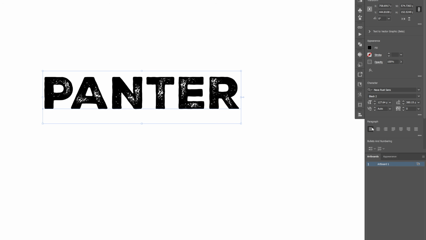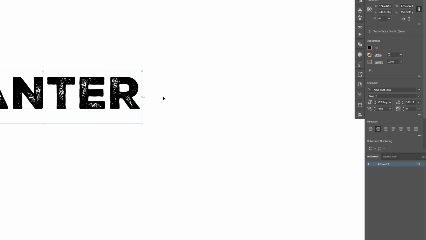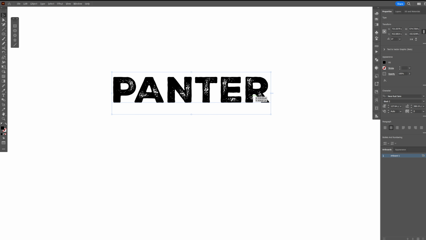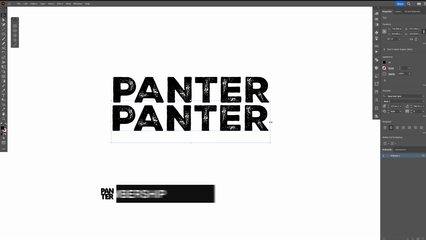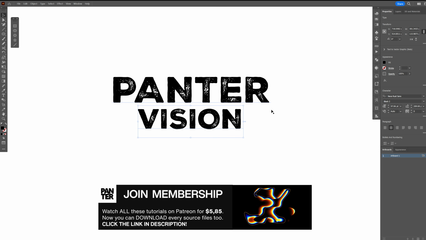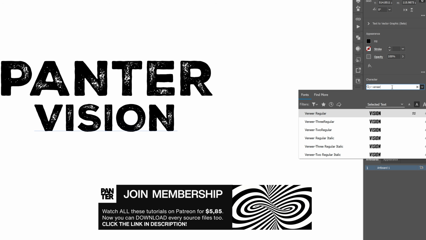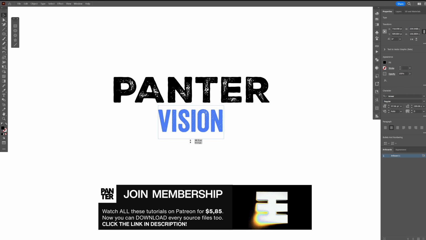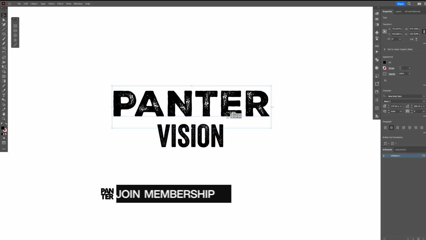Also, let's go to the paragraph, click on Align Center, because the whole composition is going to be symmetric. Press and hold Alt, drag it downwards. I'm also gonna press and hold Shift plus Alt to scale it down a little bit more, rename it, and I'm gonna go with the Veneer font, but I'm gonna go with the very first one. I'm also gonna scale it up a little bit more, and now I'm gonna select the Panther text, press and